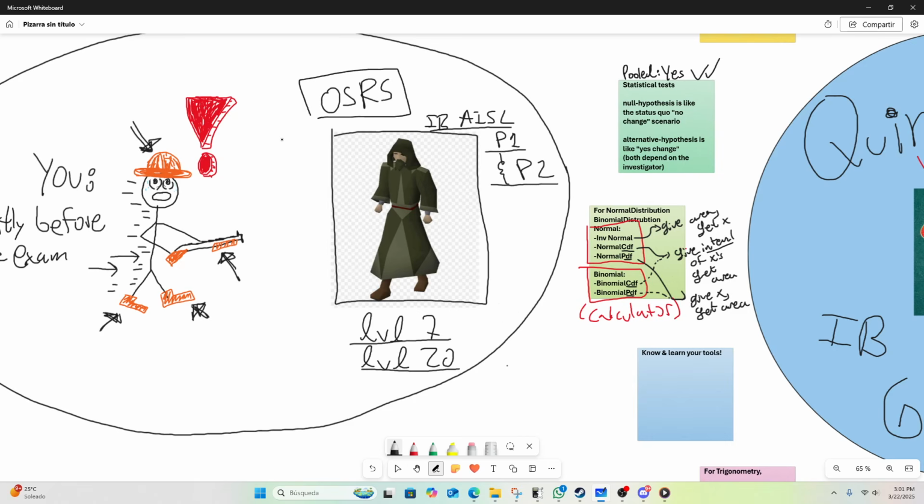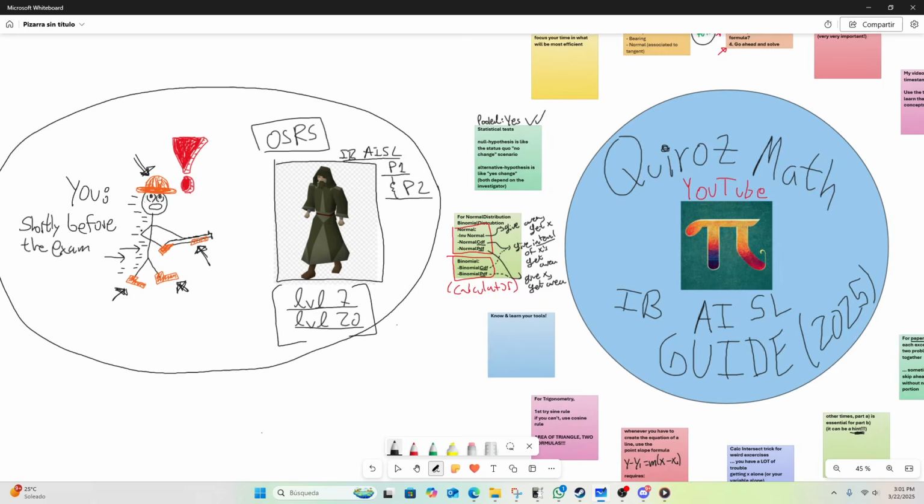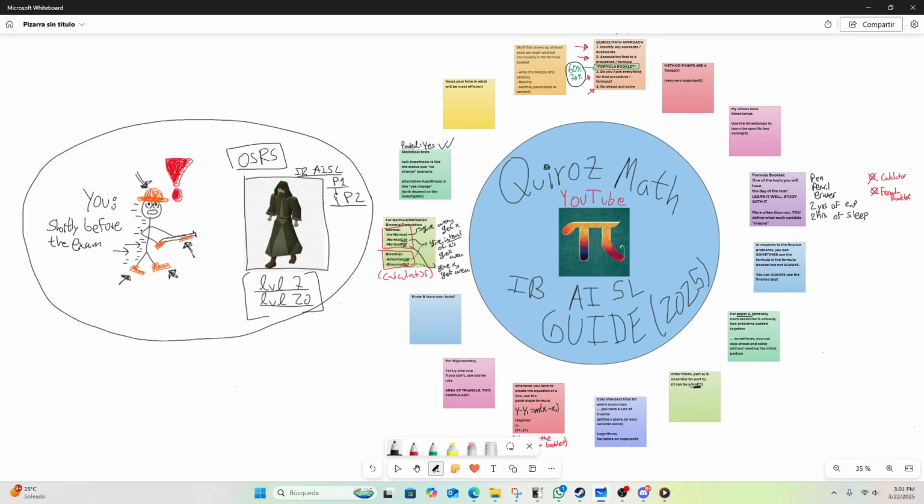Okay? And the cool thing about this is that when you play Old School RuneScape and you go to Varrock when you're starting off and these dark wizards attack you a lot, later on you come back and you're super strong and you realize, wow, I could have beat these guys a long time ago. And hopefully that happens to you, because you have put in the work. So my main message is that you are stronger than you believe, you're smarter than what you think, and you are braver than what you suspect, because you're going in there and you're going to whoop ass on this exam.